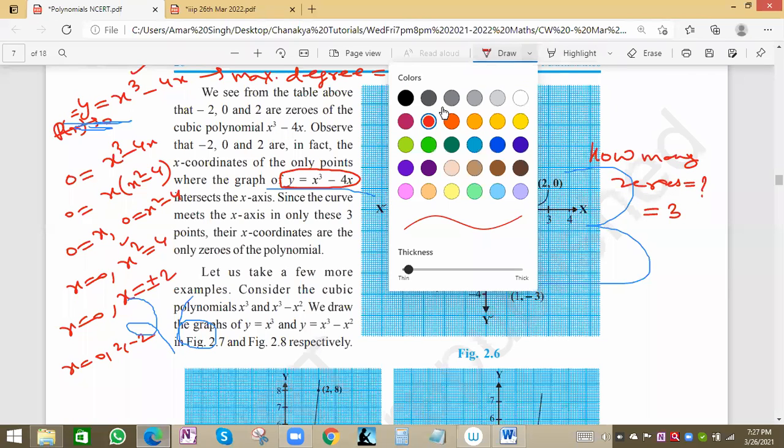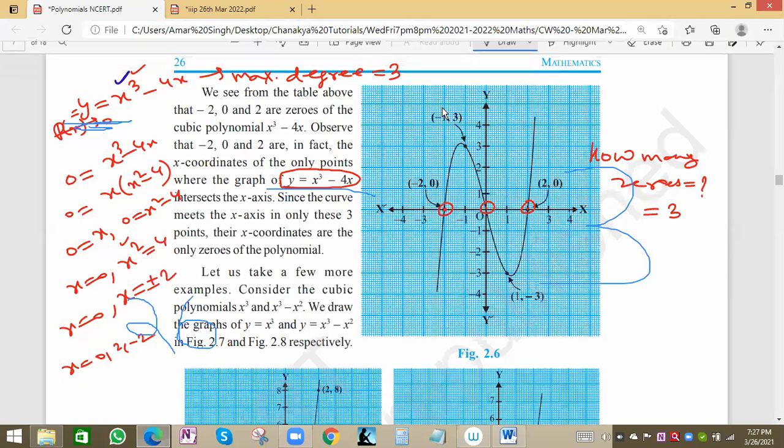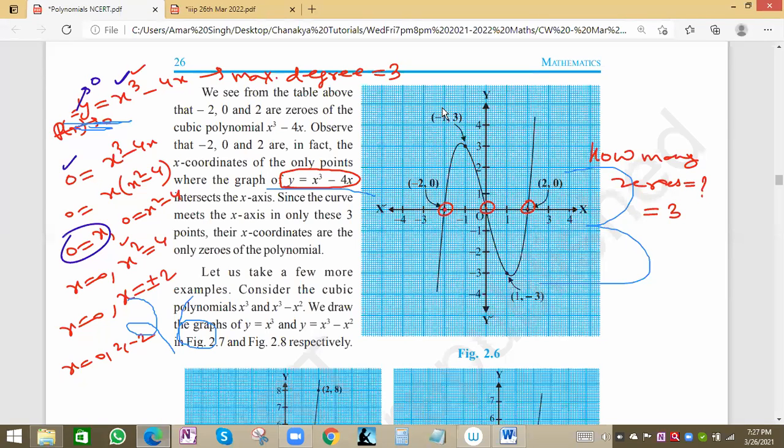Also from the graph we can see the degree is 3, meaning the maximum power of x is 3, so the solutions will be 3. How did we get the solution? First we take x common from this equation because P(x) is 0, P(x) is y, that means y = 0. So the left hand side will be 0 equals x cube minus 4x. We take x common, so this will be x into (x square minus 4) equal to 0, which means x = 0 or x square minus 4 = 0. From here we got x = 0 or x square equals 4. So the final values are x = 0 or x = plus minus 2. So total solutions are 3: 0, 2, minus 2.